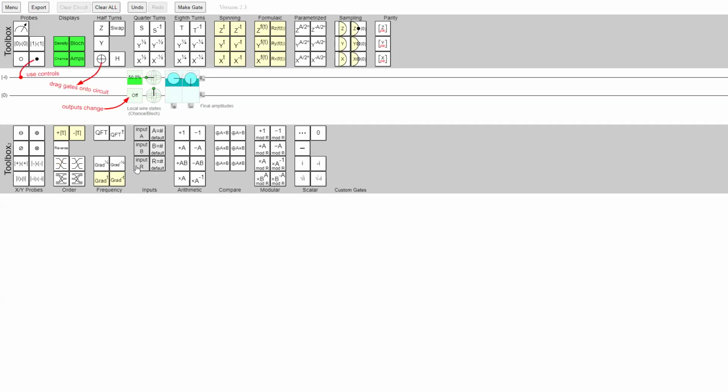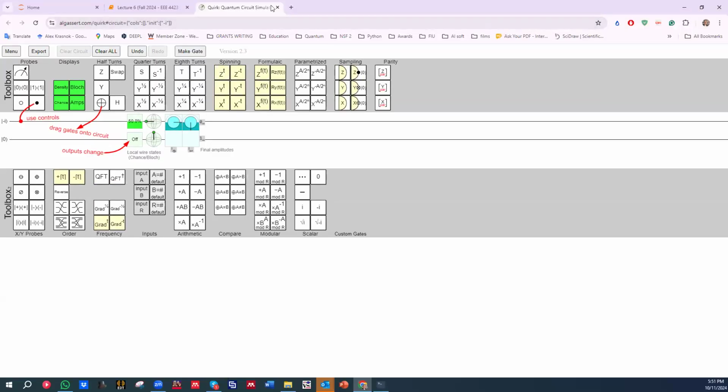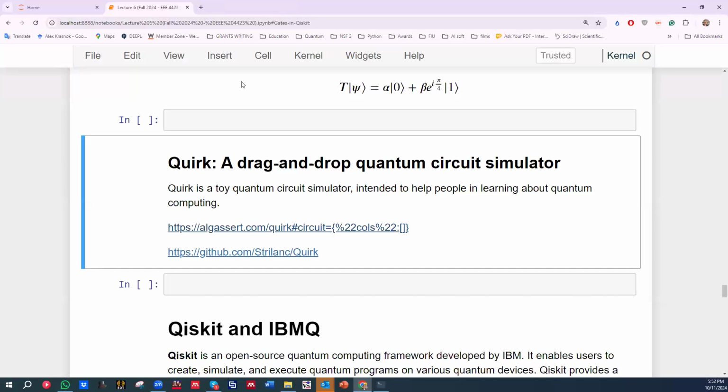So feel free to start playing with this constructor, but it's just for learning, right? The purpose of this is just learning. More important is